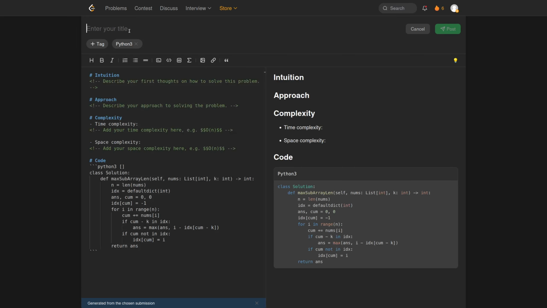I tried picking a more difficult medium, but all were bad, so